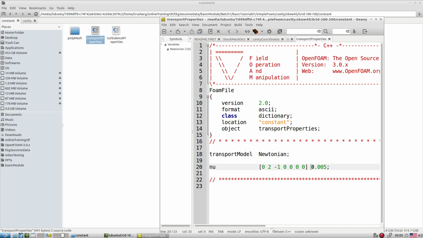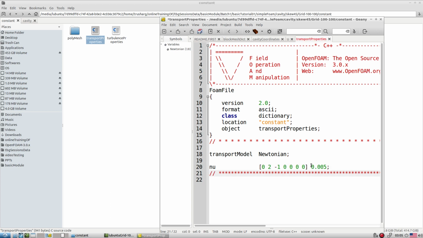So if I want to fix the Reynolds number of 400, then I am supposed to change nu from this value to 2.5 e to the power minus 3. Okay, you got it. Re equals velocity times length scale, that is the length of the moving wall, divided by kinematic viscosity. So we want to fix Re equal to 400, so definitely our kinematic viscosity is supposed to be 2.5 times 10 to the power minus 3. So that way we are able to fix our Reynolds number.